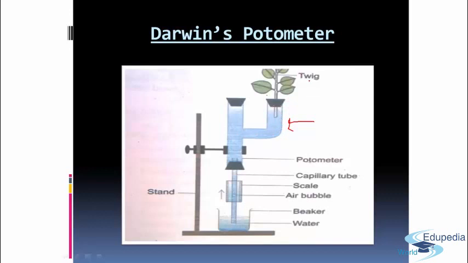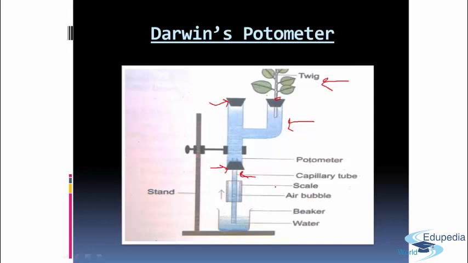Okay, now the twig of plant is inserted inside the side tube. This twig of plant is inserted inside the side tube through a single hole. See, a single hole is made here, and then this twig of plant is inserted inside this side tube. Okay, now the upper end of the straight tube is also corked, and at the lower end a single hole cork with a capillary tube. See, here also it is corked, and at the end also it is corked with a capillary tube. Yeah, this is the capillary tube, you can see.